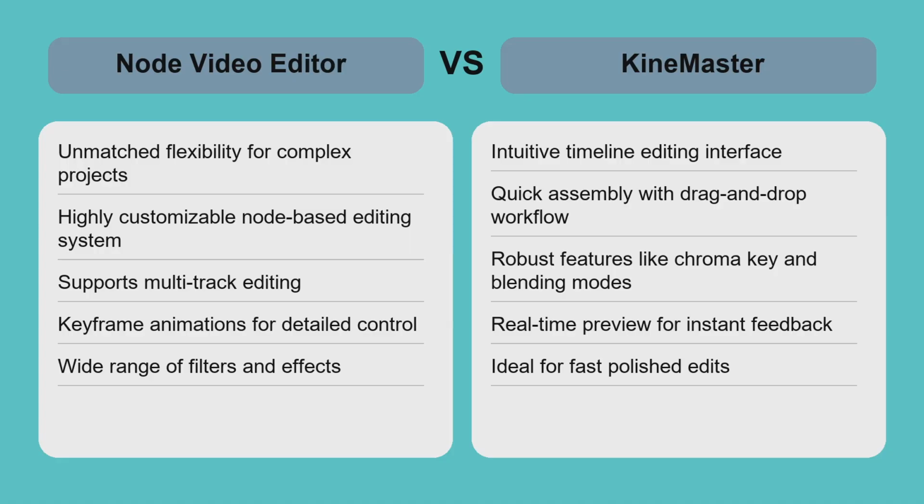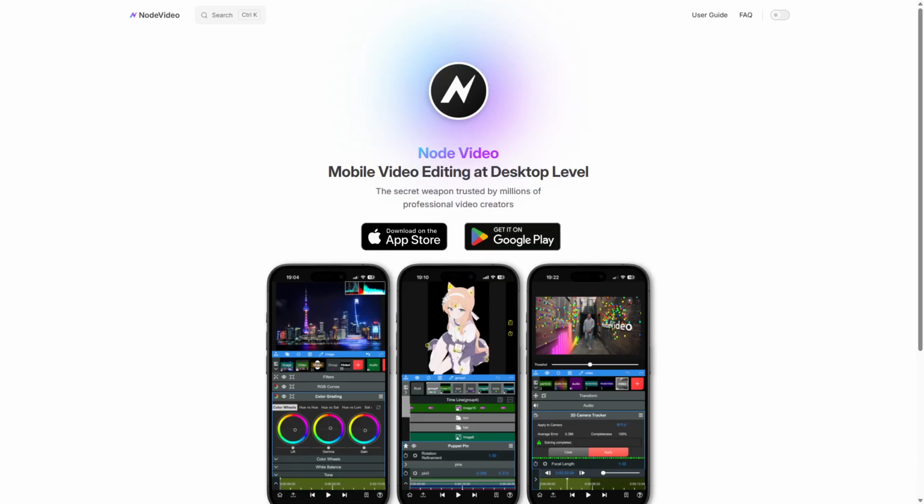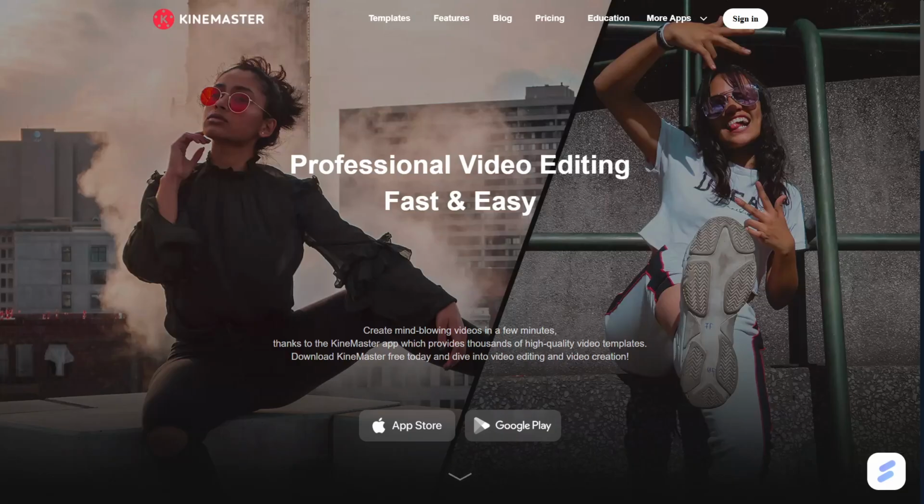Both apps support high-resolution exports and multi-track editing, but the trade-off is between depth and accessibility. Choose Node Video Editor if you want detailed control and advanced effects, and you're comfortable investing time to master a powerful node-based workflow. KineMaster is the best pick for users seeking a fast, user-friendly editing experience with professional features. It balances creativity and simplicity, making it ideal for quick, high-quality mobile video production and content creation on the